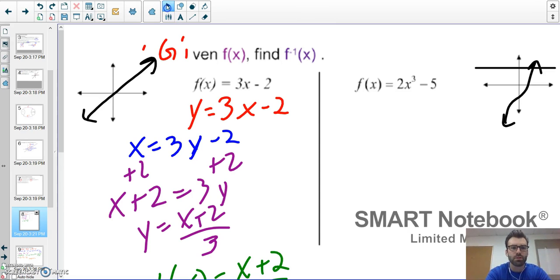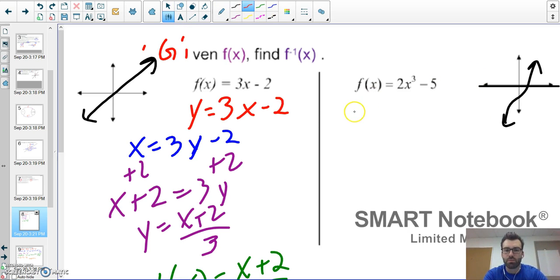Alright, so welcome back to part 2 of 2.8. Remember where we left off here. We wanted to figure out, first of all, if this function is one-to-one, and it is because it passes that horizontal line test. So, in order to find the inverse, remember our first step is to replace f of x